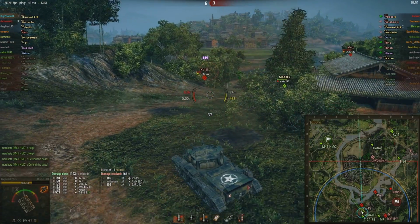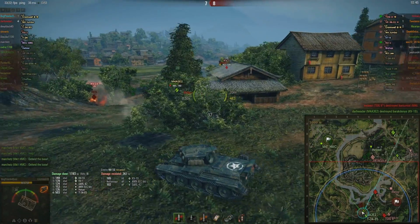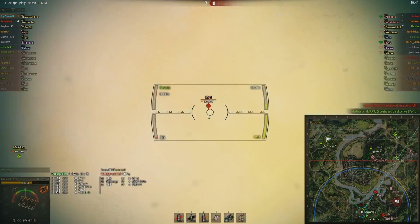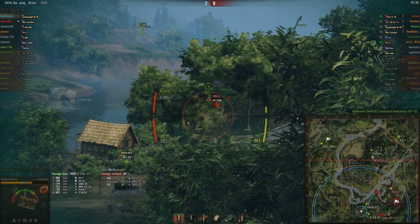I'm desperately trying to move back before he shoots. I take another HE round in the face. He shoots the E2, only does 28 damage, so now we can finish off the KV-1. There we go. Don't think he can see me through these trees. So he's pulling back now, so I need to try and...